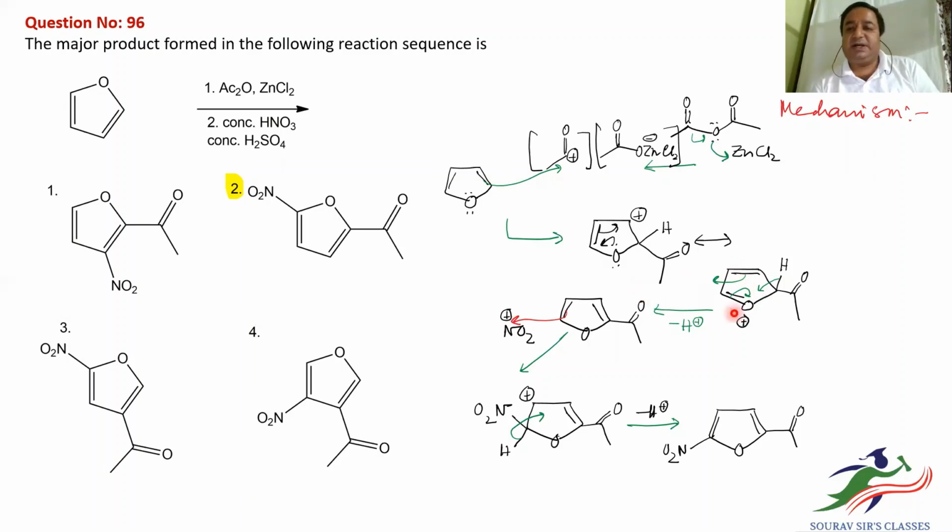Now what happens after the substitution has taken place when one of the 2 positions is blocked? If you do nitration on this compound, then normally electrophilic substitution reactions take place in the furan at the 2 and 5 positions. So if one is blocked, the other position, 5, will be exposed to substitution. So the nitro group should be entering the 5 position, undergoing electrophilic aromatic substitution reaction, and so our product will be something like this, which now we can identify as